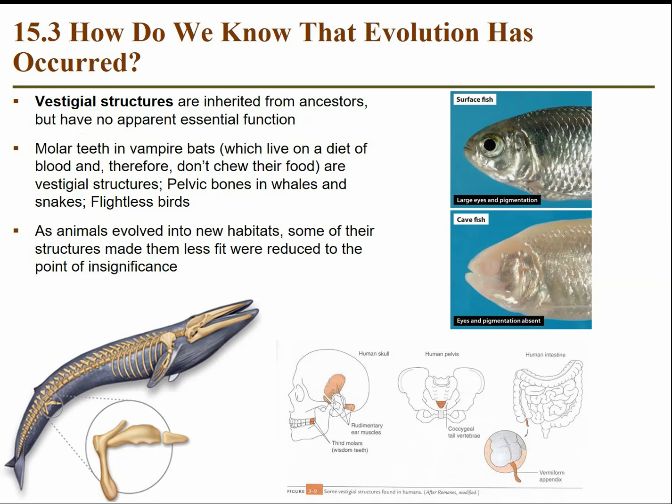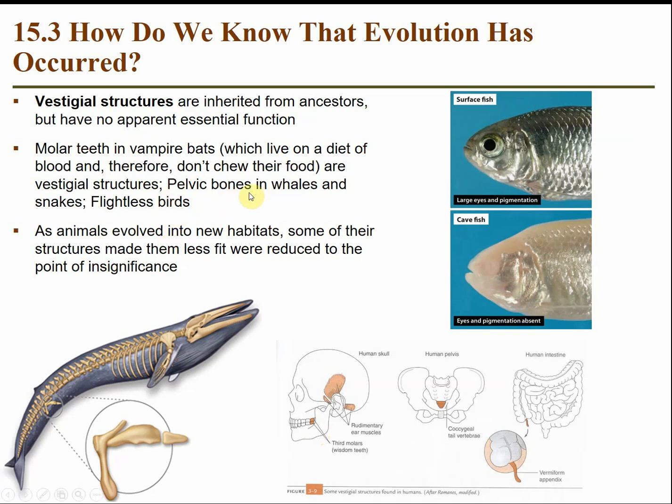So why would they need teeth if they don't chew their food? Because their ancestors had teeth, so they still have those genes for teeth. Same thing with humans and wisdom teeth, right? Those are actually considered vestigial or useless structures in humans. Our ancestors had longer jaws than we currently do, so they had room for that extra set of teeth to chew their food, but we don't. So we just now remove the wisdom teeth.